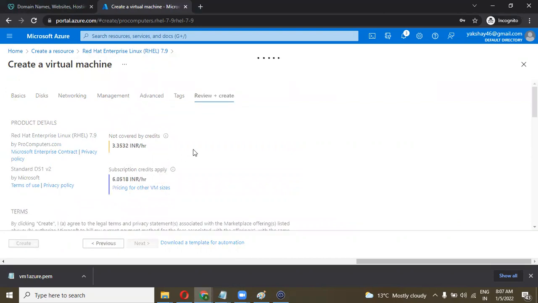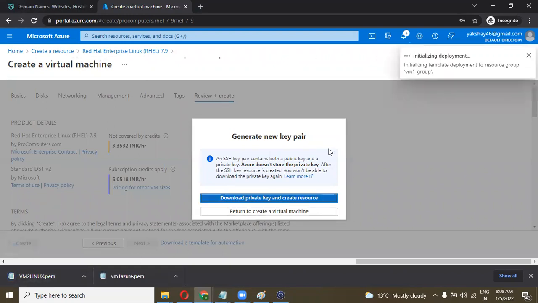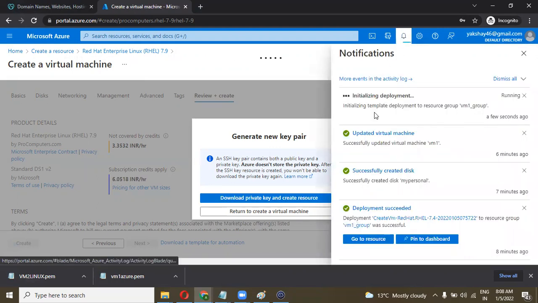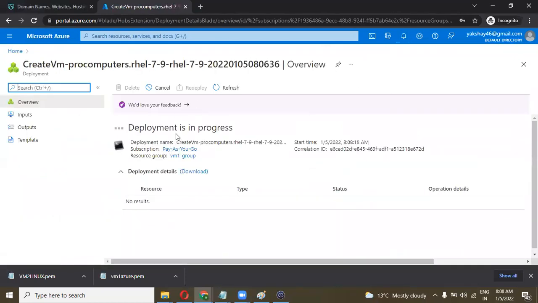Validation is passed. Now click on create. Download the key pair. Yeah, the PEM file is downloaded, and go to the initializing deployment. Deployment is in process.